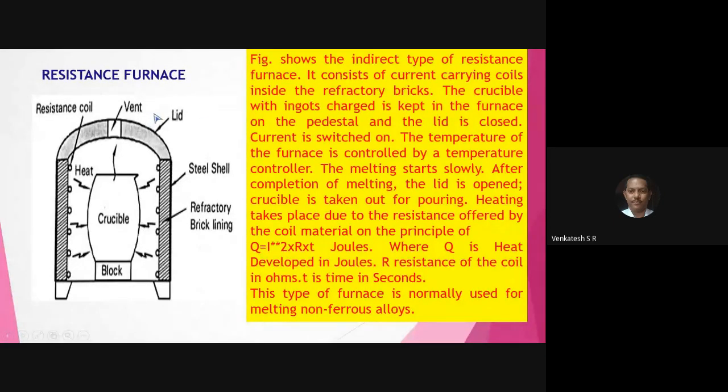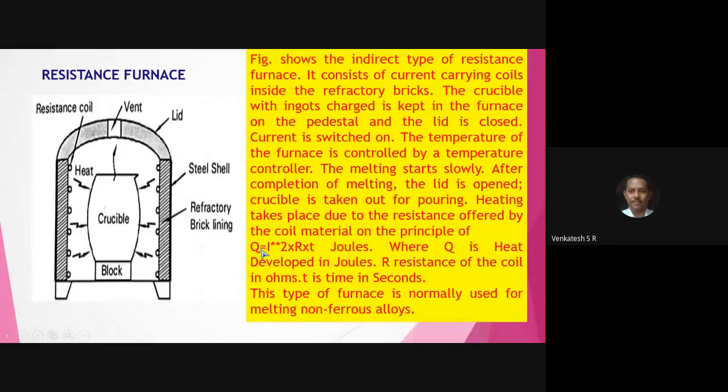So all the industries use the three-phase current. In that, they provide 440 volts, 15 amps current, and a frequency of 50 hertz. The same power is used for the resistance furnace for melting of metal. Once you switch on the power supply, the current starts to flow in the coil due to the principle of heat development.